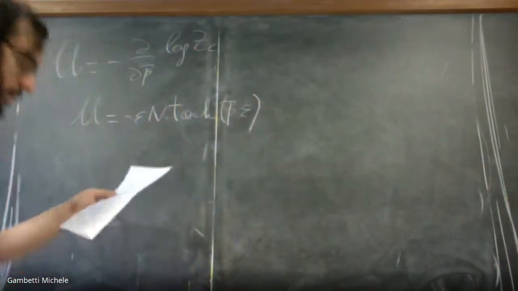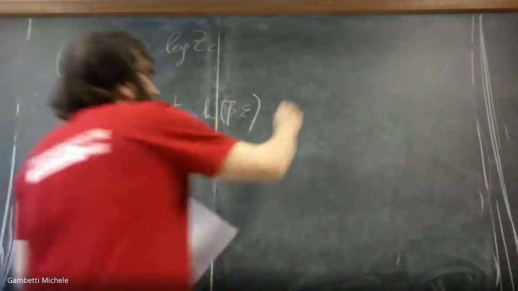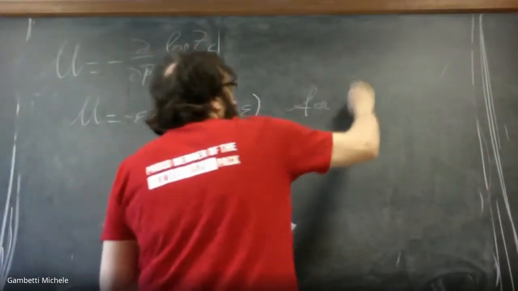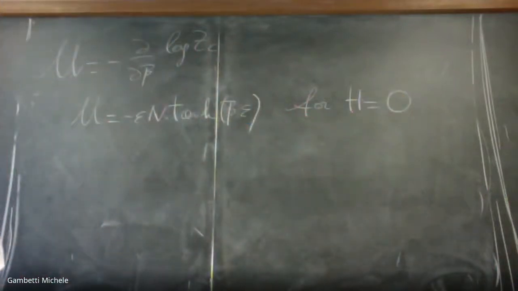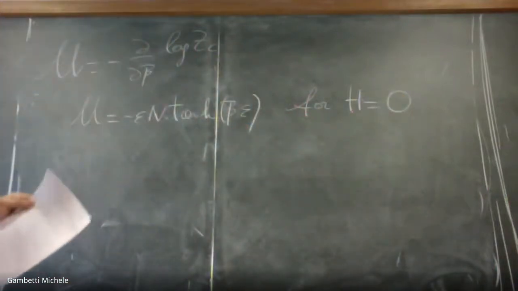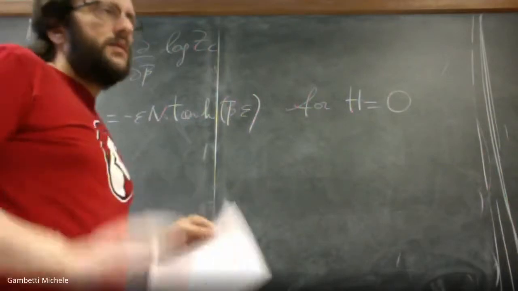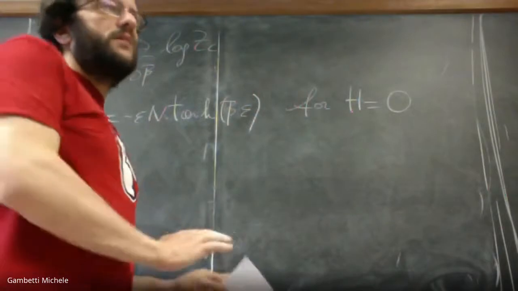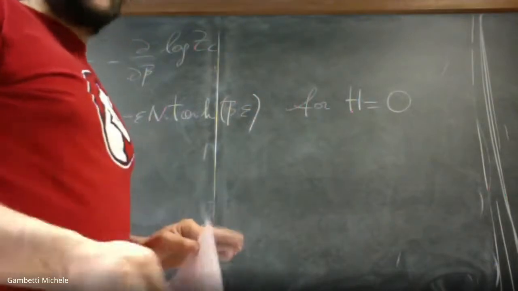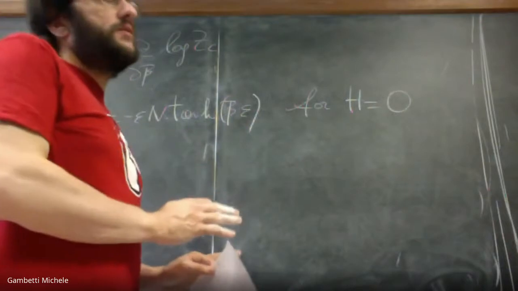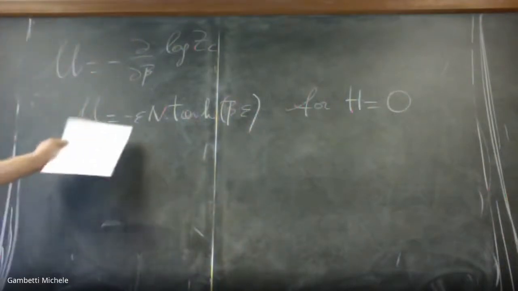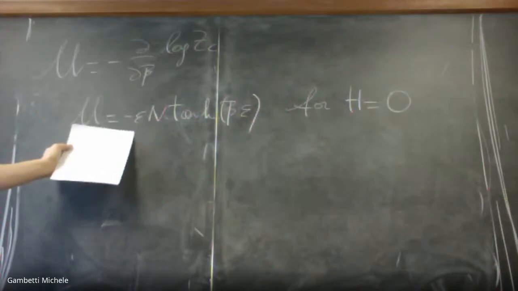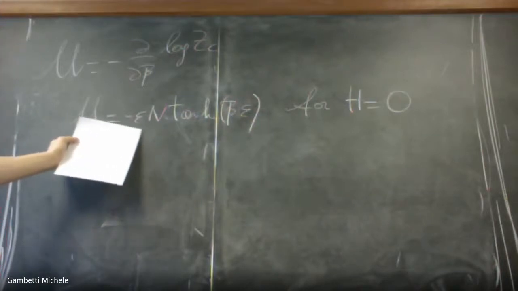This calculation, I've done it for h equals 0, because for h different from 0 it is a little bit boring and lengthy, and not so useful actually. You don't gain anything new. What is important here is to remember what I said before. The main message is the magnetization. That's the plot of the magnetization and the interpretation of this result. But you can also do the thermodynamics if you want, compute for instance u, which will be provided by this formula.